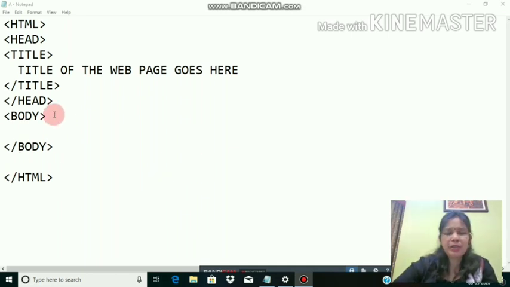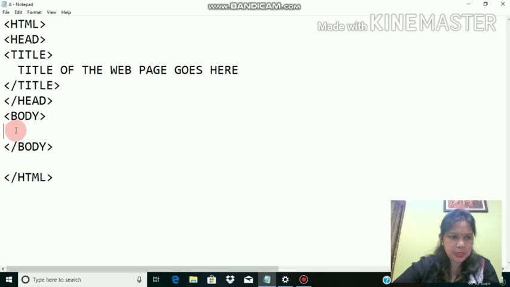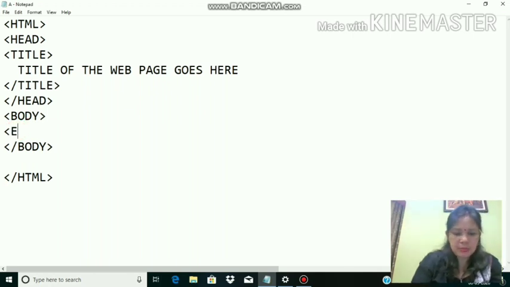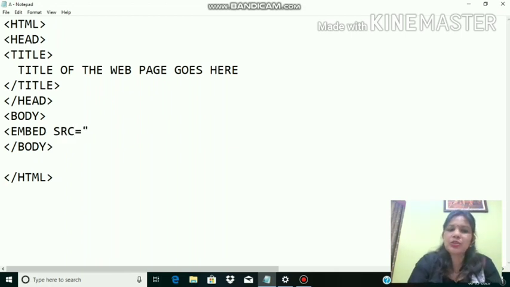This is alternate text. Now I'm going to tell you how to insert a video in the web page. For that we have an embed tag, and it is also an empty tag. All the things are very much similar to the IMG tag. Let's start. Go to the body part. Here embed, then space SRC. And SRC here will store the location of the video, as in the IMG tag, SRC was storing the location or path of the image.